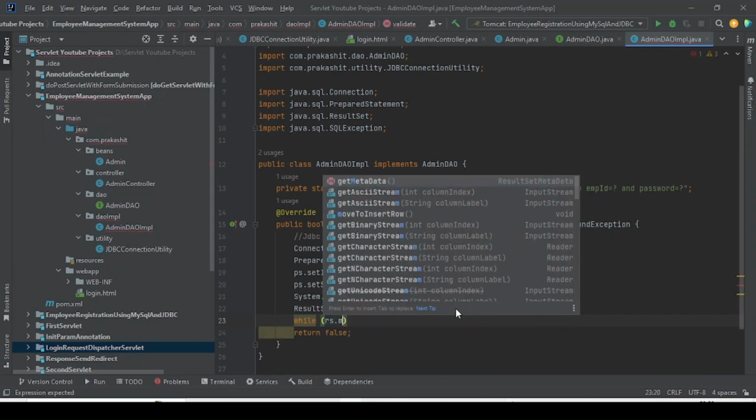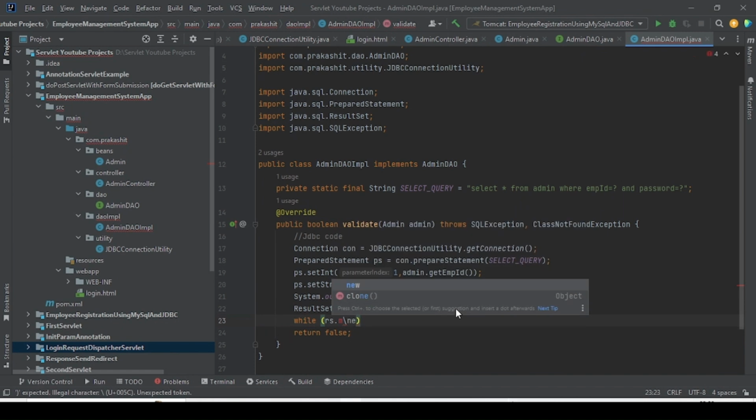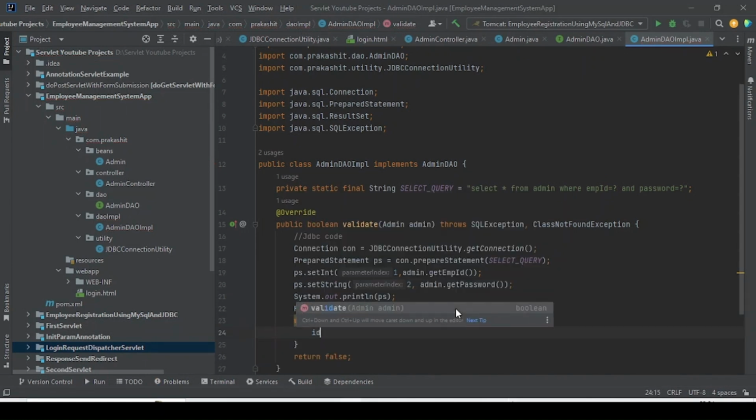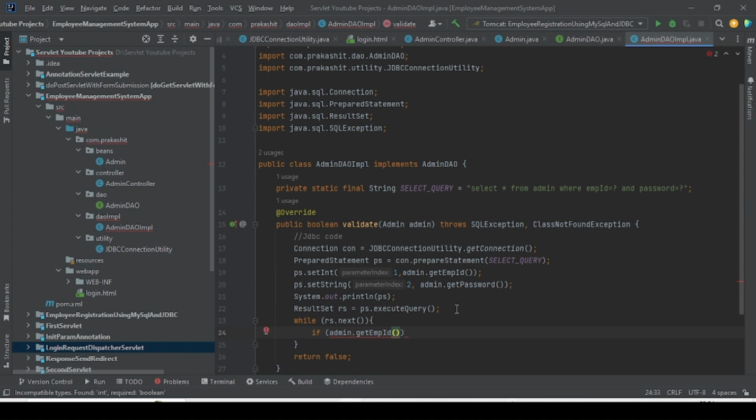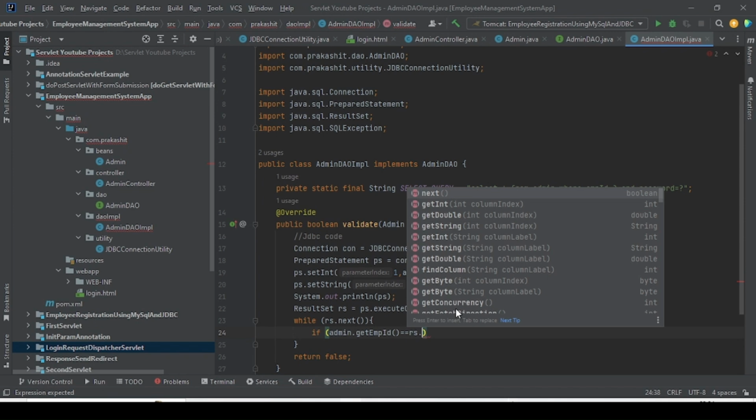While rs dot next, inside that we'll do the validation. If id and password, admin dot get empid equals to rs dot